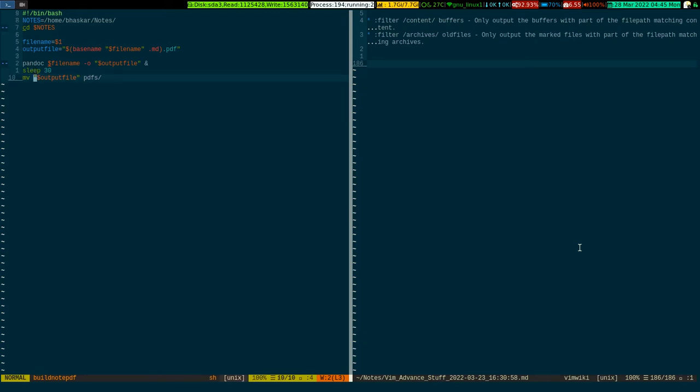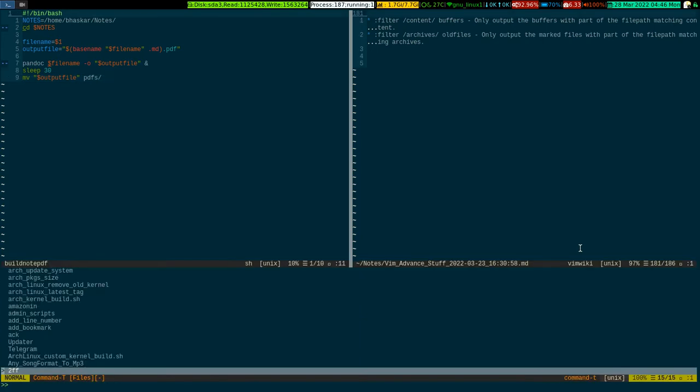Then once it is generated, I simply move it just to be organized, in this particular directory, which resides right underneath my notes directory. There is a directory called pdfs where I move the file. Okay, and then if I want to see it, you saw my vimrc command, right? It will fetch the latest generated PDF file, and it will pop up in Zathura. Okay, so now